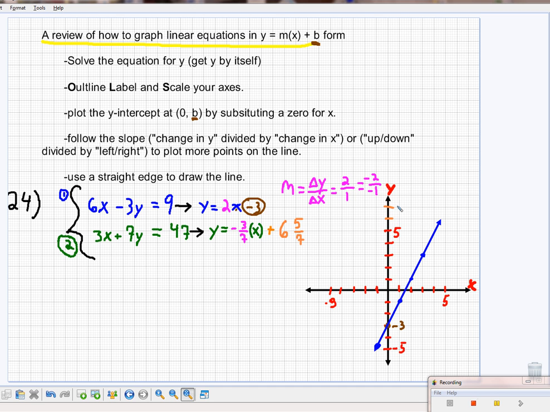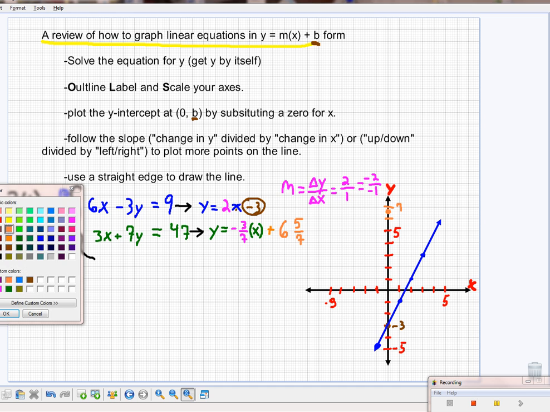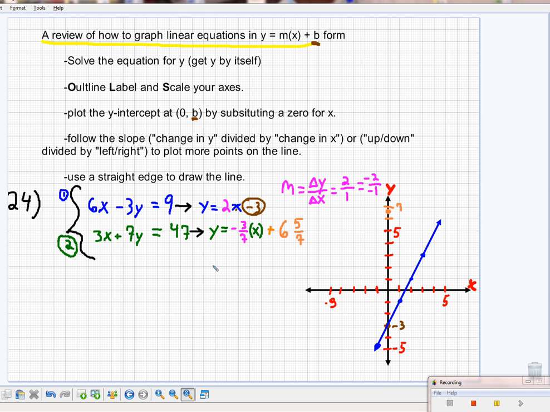Actually, 2 more. Put a 7 there, and I will know, as long as you have it clearly written as 6 and 5/7, that that's really close. It's close, not really close, but it's close to 7. Now, my slope gets a little more tedious here. Change in y over change in x. My slope is